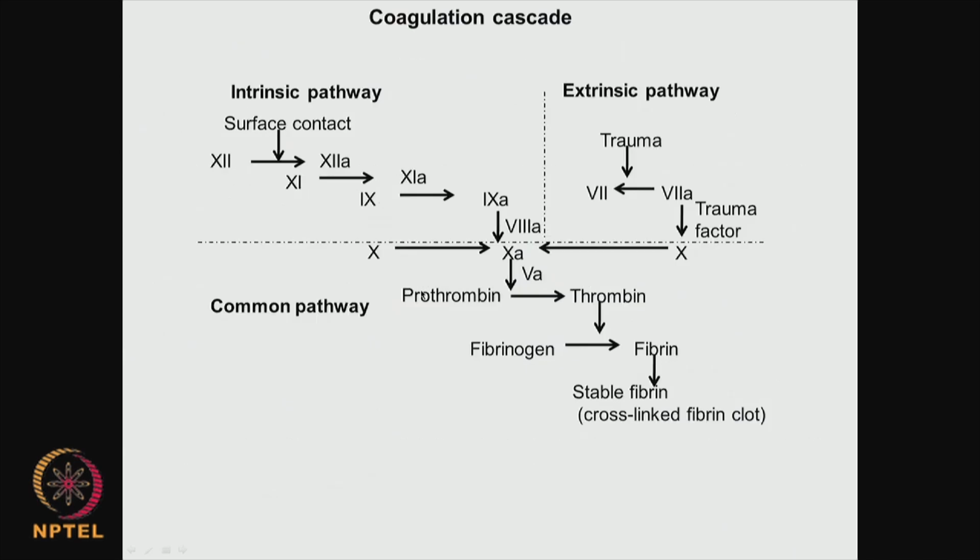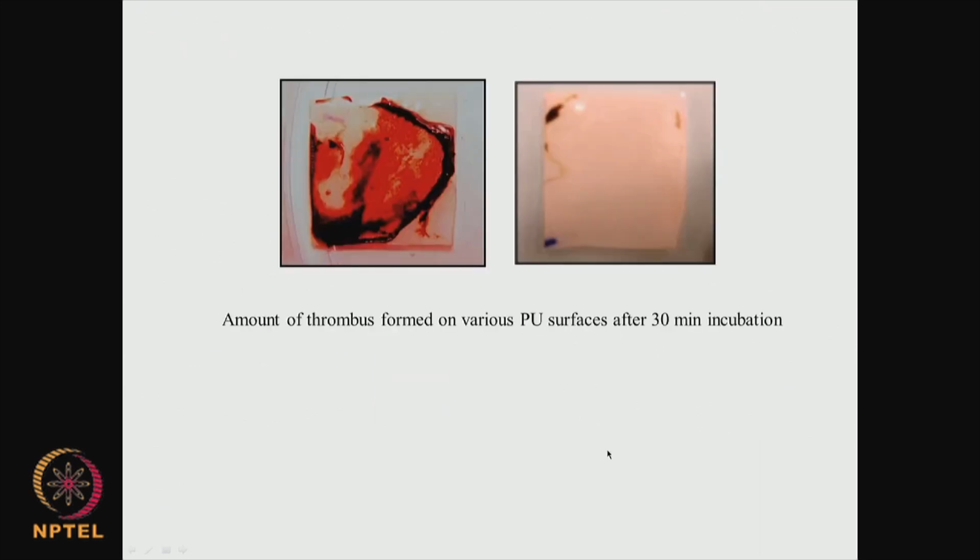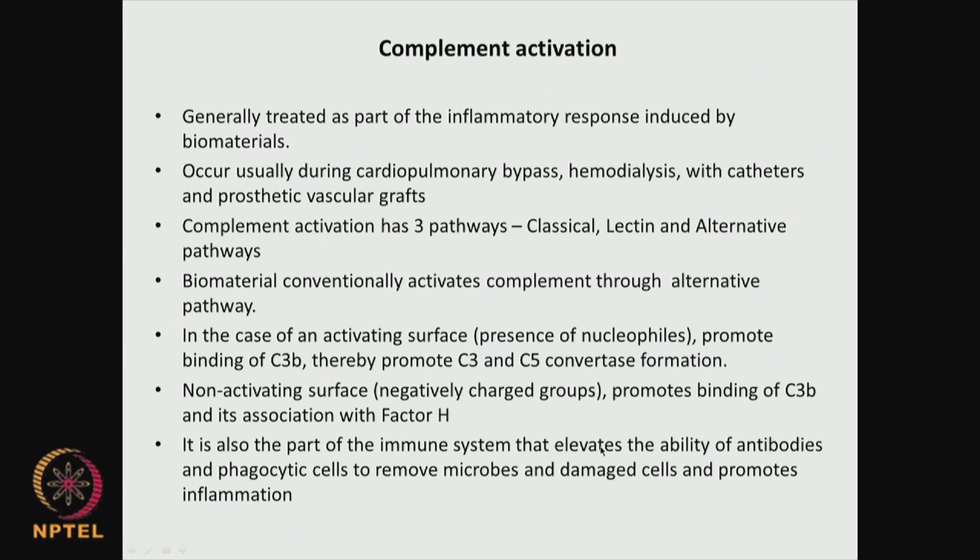So, one side of it is coagulation, blood clotting, the other side is the complement which comes from leukocyte activation. What is this complement activation? This generally is part of the inflammatory response. This occurs usually during cardiopulmonary bypass, hemodialysis with catheters and prosthetic vascular grafts. So, we are talking about materials like polyesters, polytetrafluoroethylene and so on. This complement activation has three pathways: classical, lectin and alternate,